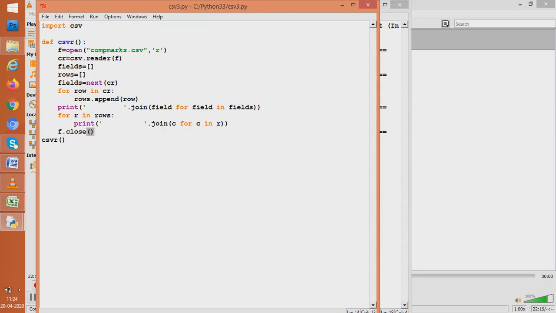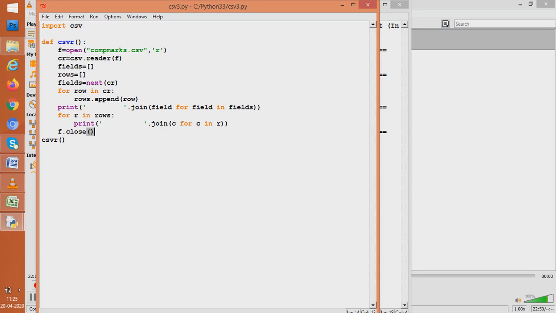So what we have done, let us summarize. In the CSV file, we first created the file using Excel and saved it in CSV mode. Then we opened the file by the open function. Then we wanted an object so that it could keep all the data from the file. That object is CR. Now that object CR contains all the records as a sequence, with even the headers. So everything is there as a sequence.